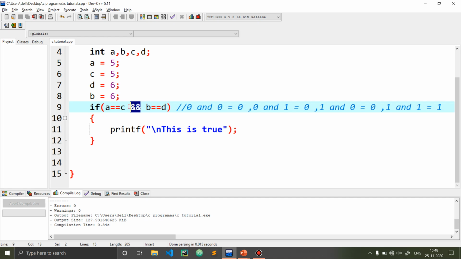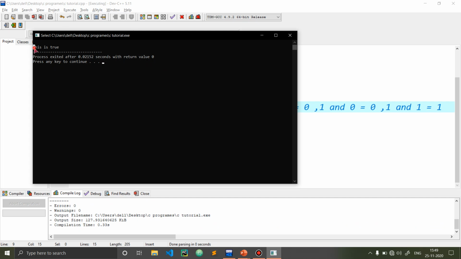Like the AND gate. And if I change it to logical OR, then it will check if any one of the statements is true or not, because we know in an OR gate, if there are 5 or 6 statements and any one of them is true, then it will give us 1, like 1 plus 0 plus 0 plus 0 plus 0. So if A equals C and B equals D both are true, then it will give us true. But if any one of the two statements is true, then also it will give us true. First, let me run it with both the statements true and see that the line has been printed.